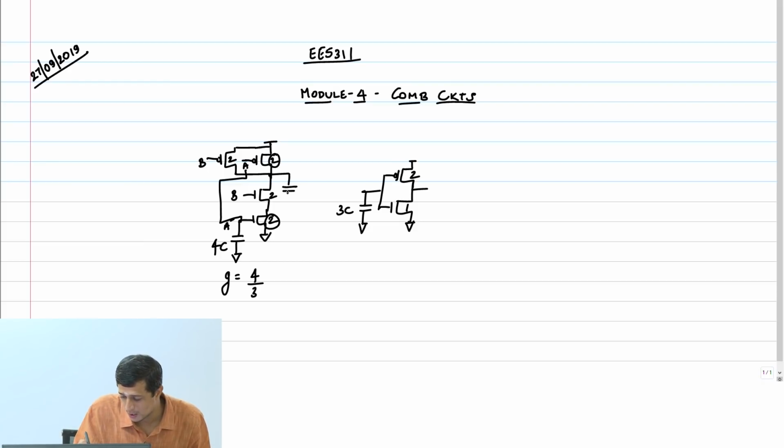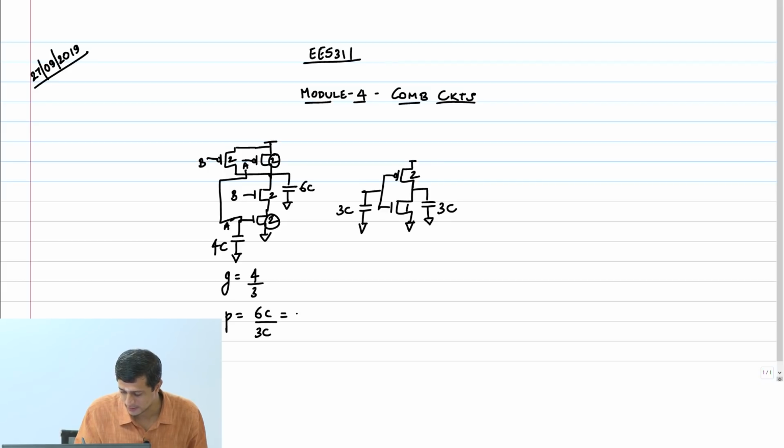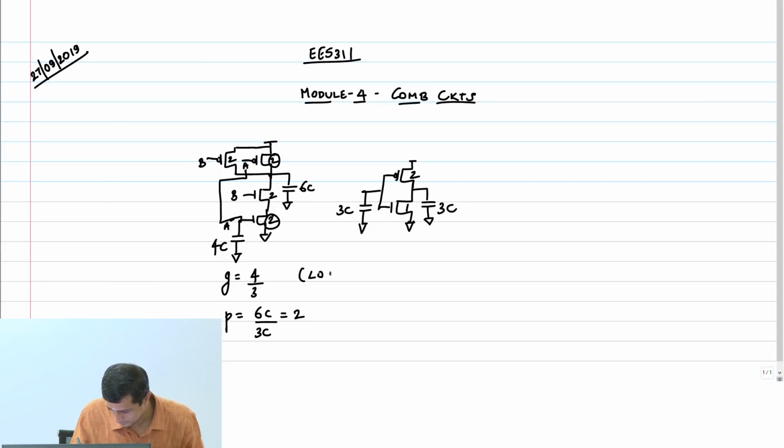What about the parasitic effort or the parasitic delay? If you look at the output capacitance here, diffusion capacitance, it is 6C and here it is 3C, right. Therefore, P is going to be 6C by 3C, that is equal to 2. Logical effort we denote by G, parasitic effort we are going to denote by P. The normalized parasitic delay we also call parasitic effort, P. Okay. This is logical effort